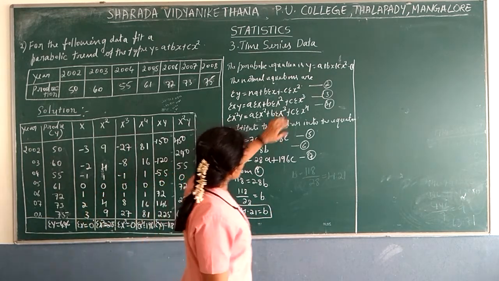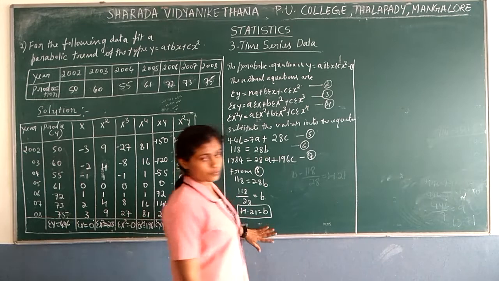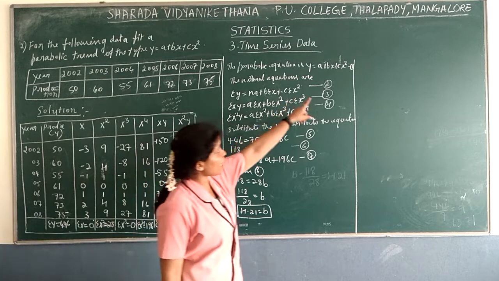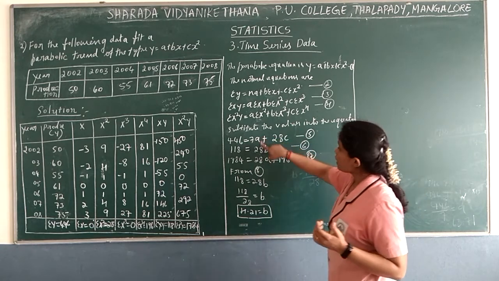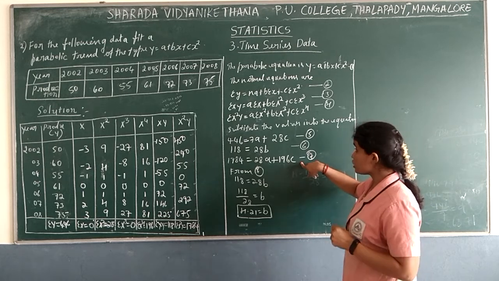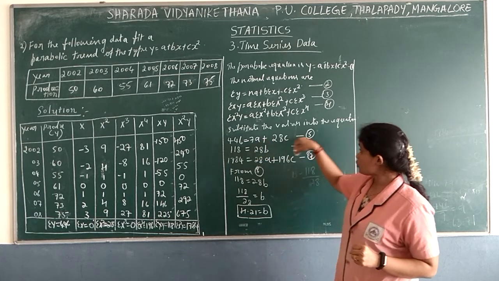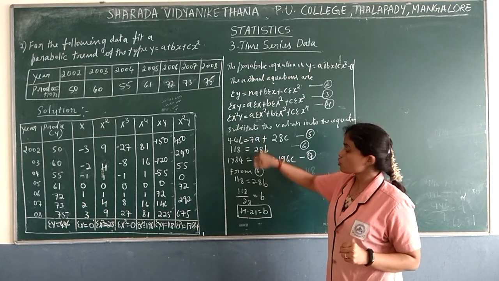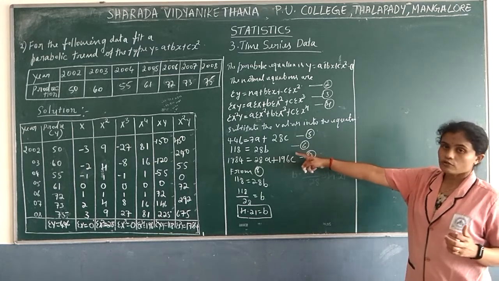So we got the value of b. One constant value we got out of this, that is b. Now we need to find out a and c. Now when you observe these two equations, see here also a and here also c. We need to use a method of cancellation. So now we need to multiply this fifth equation by 4. If we multiply, we can make this as 28. So we can cancel over there and we get one of the constant values.